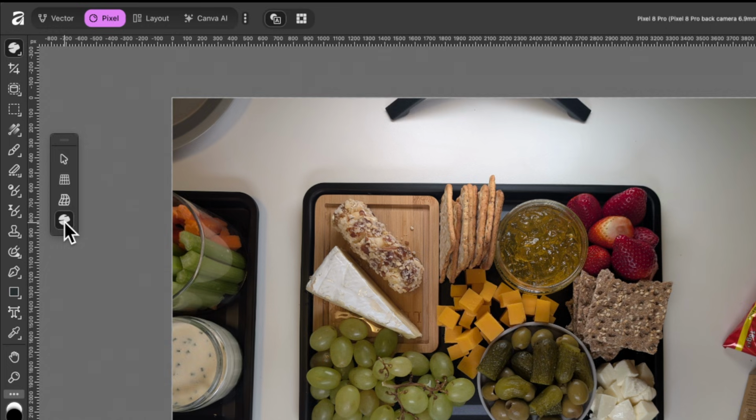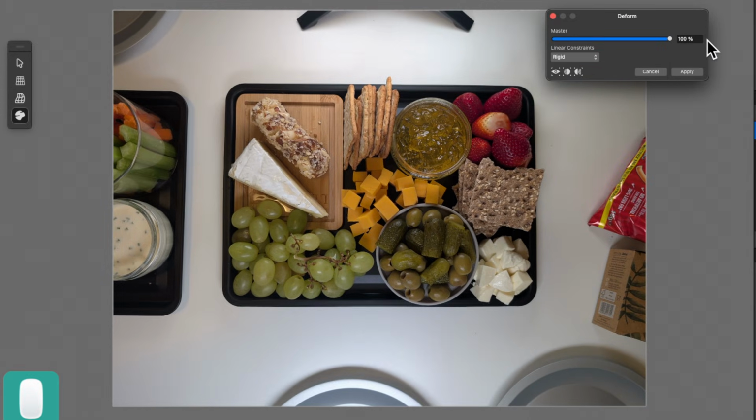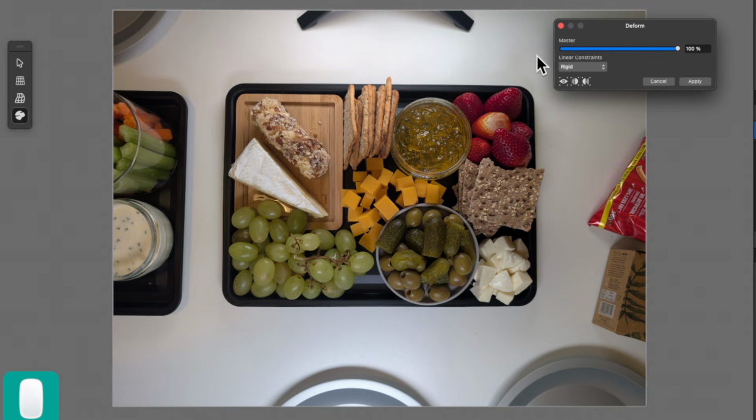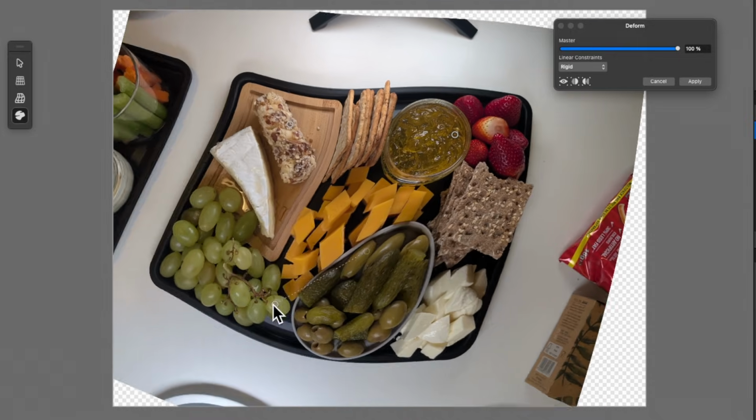We're going to select it and we've got this box that pops up, this panel. And when I click up and down on this, nothing really happens. The way to get it to work is to place a few dots. So with your Move tool, you just click once, twice, 3 times. You can add as many as you want. And I'll just click and drag like that on one of the dots.